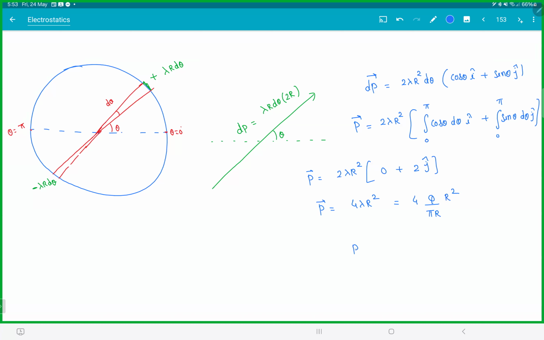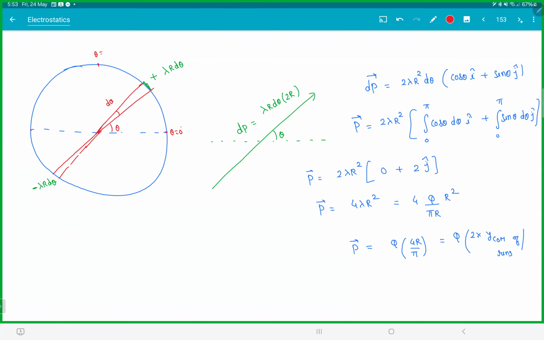So if you observe, we get a pretty interesting answer. Q into 4r by pi, which is actually q into 2 into the center of mass, y center of mass of the ring. That means this whole question you could have simply replaced. I think I goofed up somewhere. I goofed up. The limits are actually